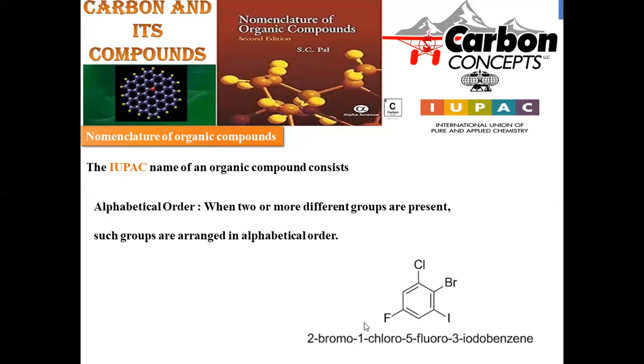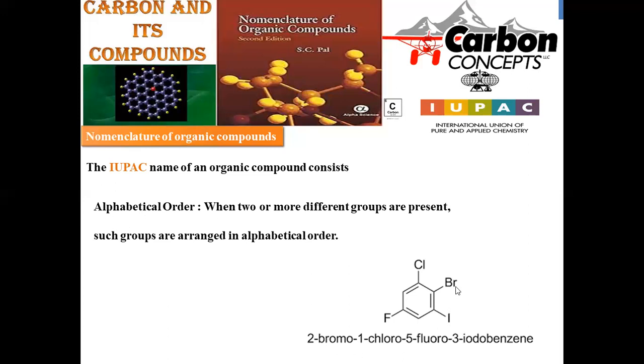If more functional groups are present in a single compound, then how can we start numbering? From where do we have to start? In that case, the correct order will be alphabetical order. Here numbering is started from chloro, bromo, iodo, fluoro in this manner. Though they are not arranged in this order, while writing we have to write bromo first, chloro next, followed by fluoro, followed by iodo. We have to follow the alphabetical order.